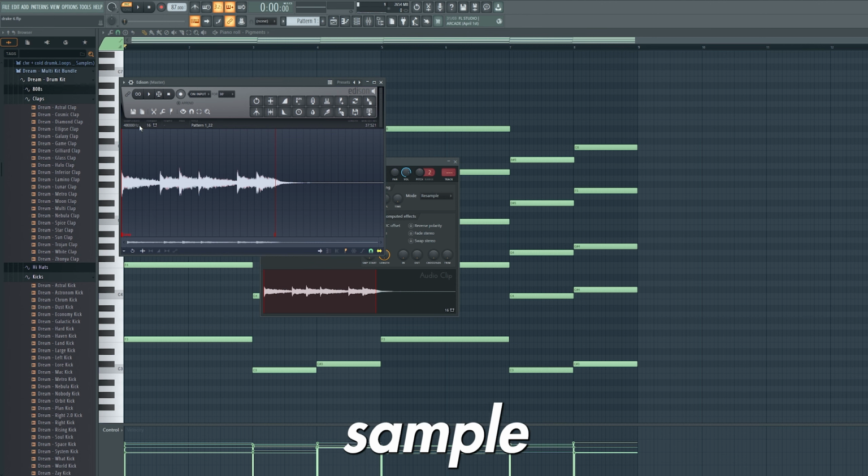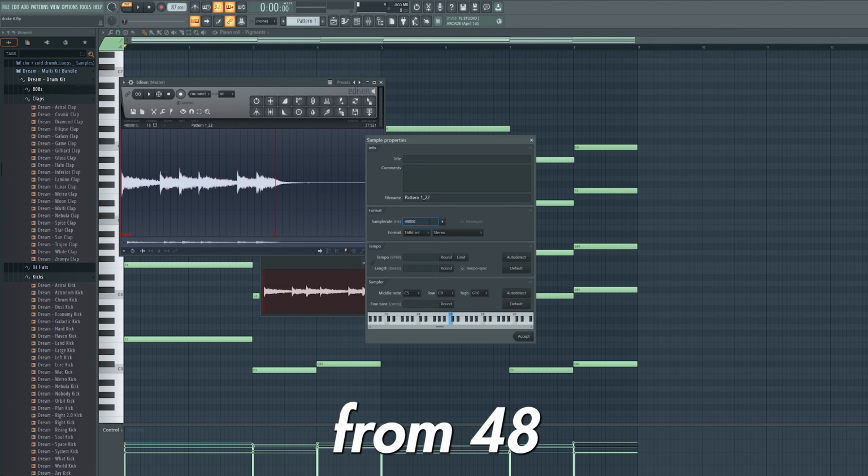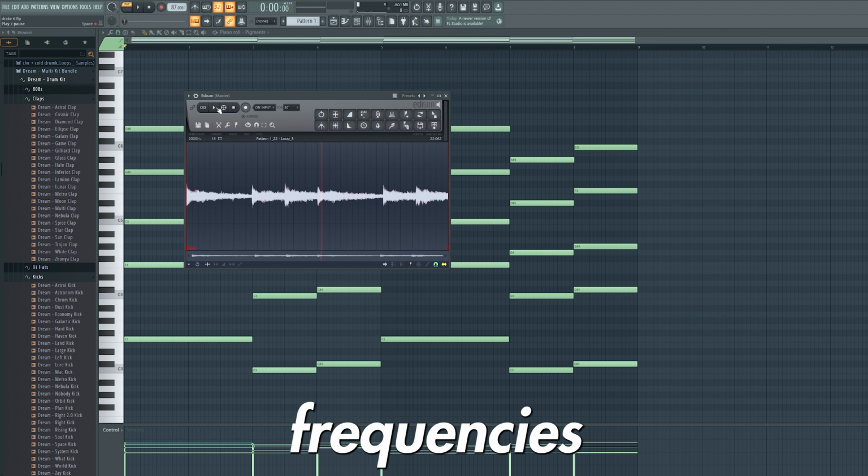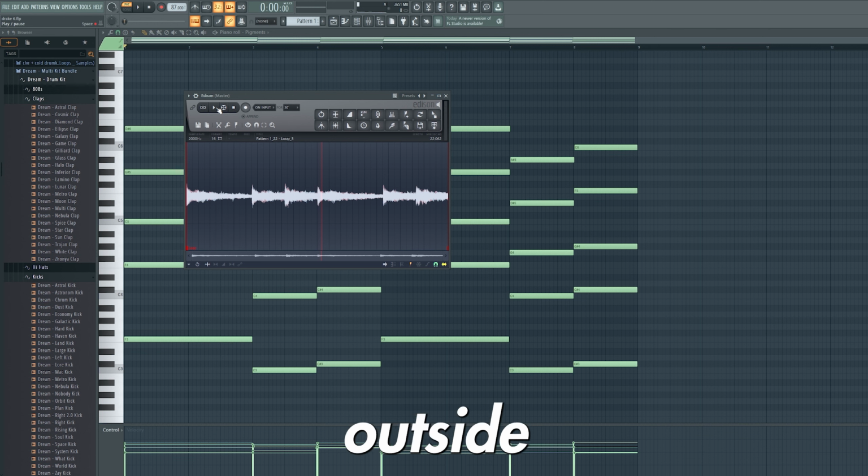I then right-clicked on the sample rate and adjusted this from 48 kHz to 2 kHz. I'm now going to quickly explain what this has done. Humans can perceive frequencies ranging from 20 Hz to 20 kHz. Therefore, sound samples used in music production typically contain frequencies within this range, as frequencies outside of it are inaudible